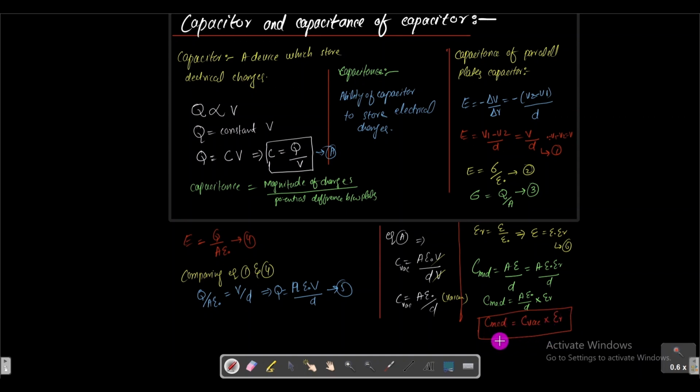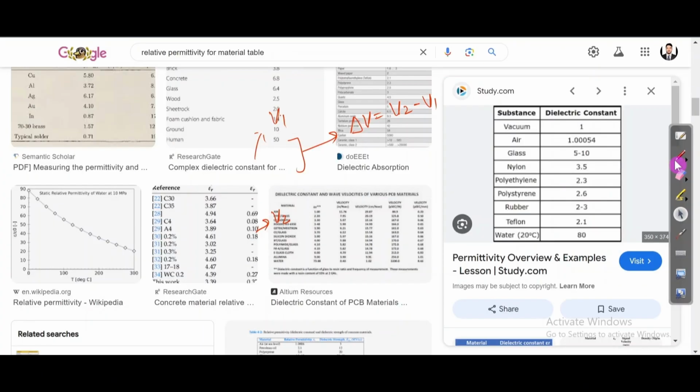If we put a material which has high relative permittivity, then the capacitance of that capacitor will be higher, because a larger factor will multiply with the capacitance of the vacuum, and therefore the capacitance of the medium will be high. So this epsilon r is different for different materials. We have